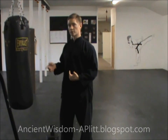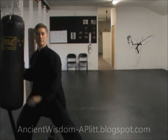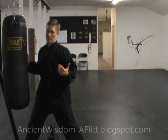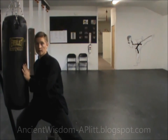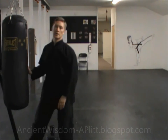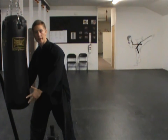The first one is really good for getting someone off their base. If they have a good strong stance, you can come in low and get them off of that stance. Depending on how good they are, maybe you can get them off their base pretty easily. You might have to work for it a little more than that, but that's a good starting technique for getting someone off their root, coming in low and using that body motion to power the push. And of course the second technique, where you come in, wrap the backs of the legs,